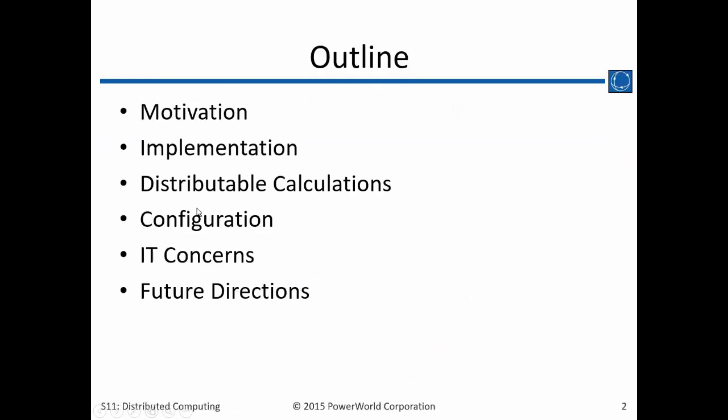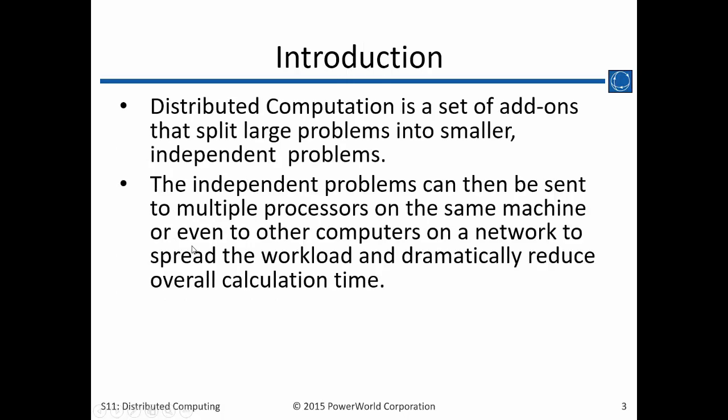Here's the distributed computing. It's a pretty short section and it's mostly in the slides, but I'll fire up a quick example and it describes how it's done. The motivation is basically to increase the speed or decrease the time that it takes to solve a bunch of problems. Like if you've got a large set of contingency analysis, or you've got multiple transient stability faults that you want to analyze, they can be broken up and sent to different machines or to different processors or different cores